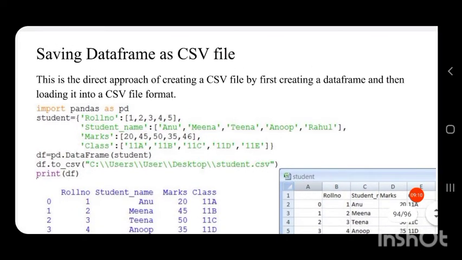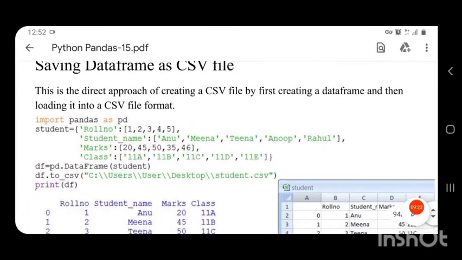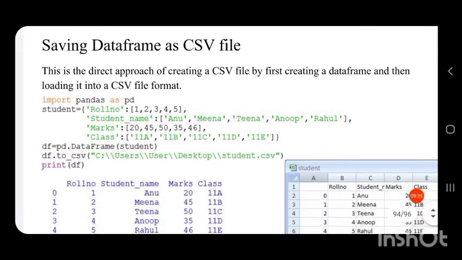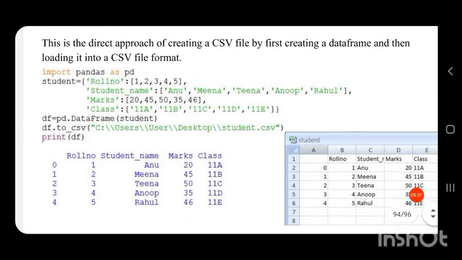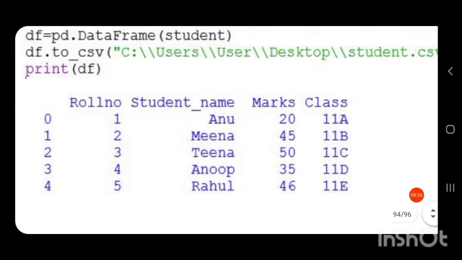We are creating a data frame from this student dictionary. For that we are using df = pd.DataFrame(student), the dictionary student. After creating it, the data frame will look like this.